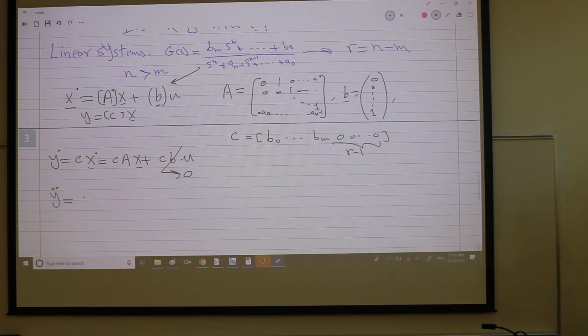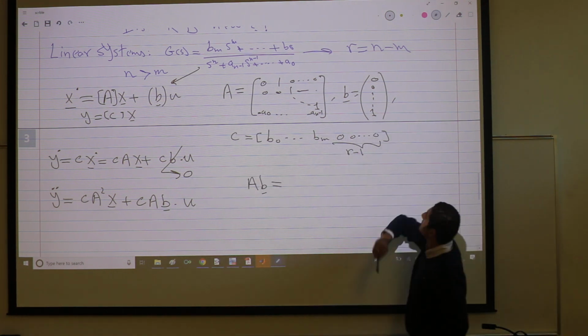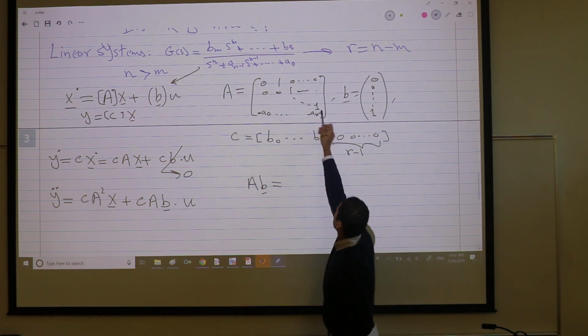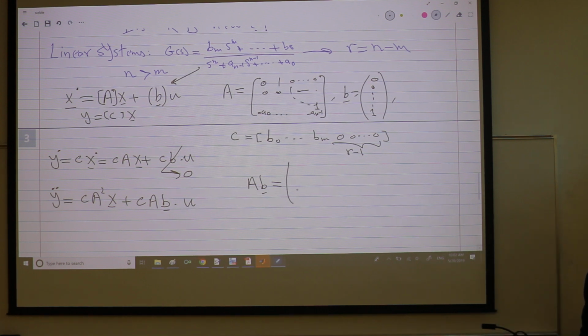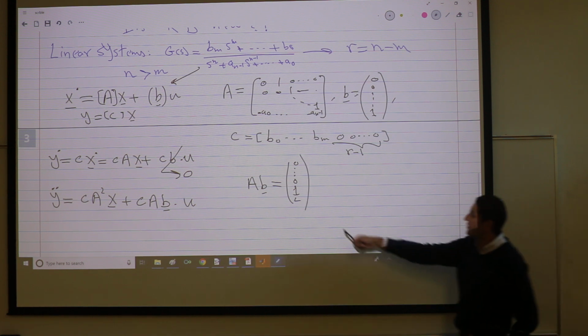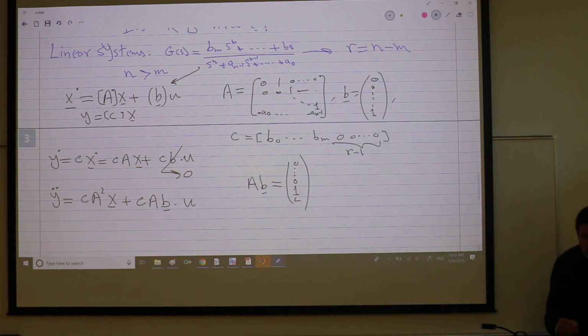y double dot is CA squared x plus CAB times u. Well, what about AB? Let's get AB. If you multiply A and B, because the row before the last has 1 here, it will be multiplied by the 1 there. So the 1 in B will be shifted up once, and you will have something. In particular, you will have negative a_{n-1} or something. It doesn't matter. And also, if you multiply again by A, every time you multiply by A, this one moves up. So you have zeros. Now